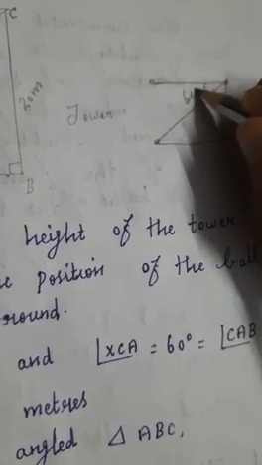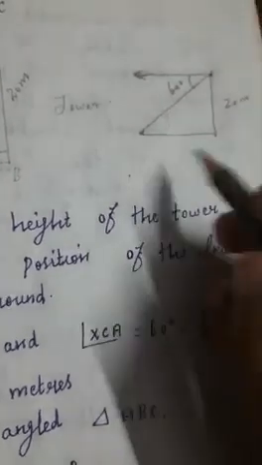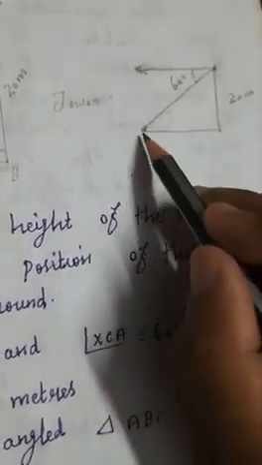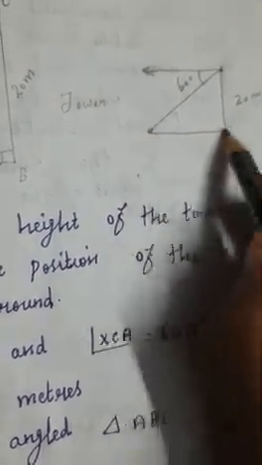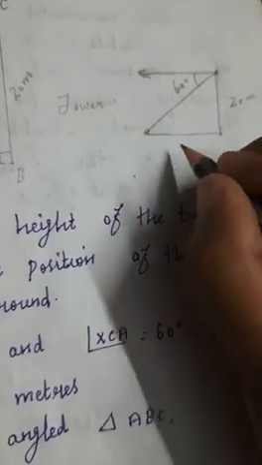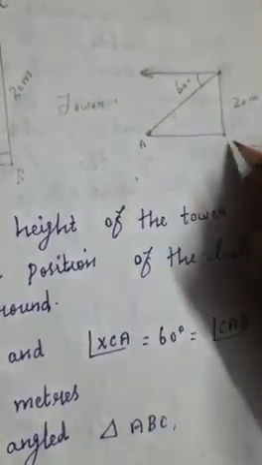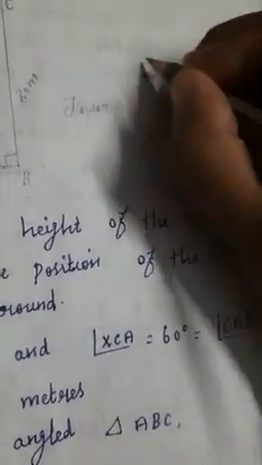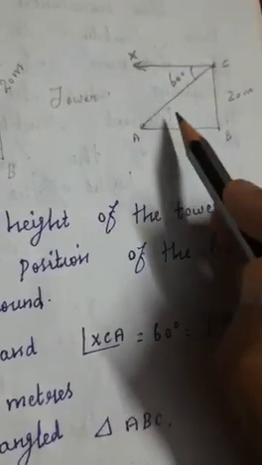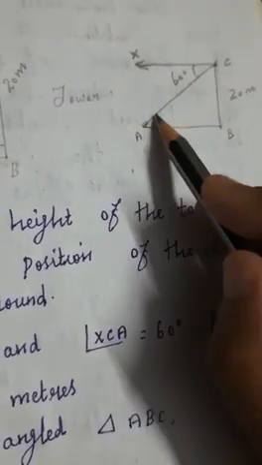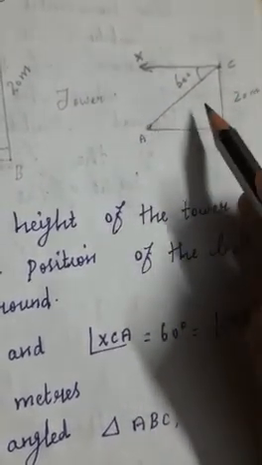60 degree angle. Okay. So after in our question what they have asked to find out, you know that this is the ball, this is the foot of the tower. Okay, so this distance only they have asked to find out. So you know that here you can put the letters A, B, C. This you can take as X. Okay, so now you know that here you have the right angle triangle. Okay, so here if you have the angle only you can find the answer.